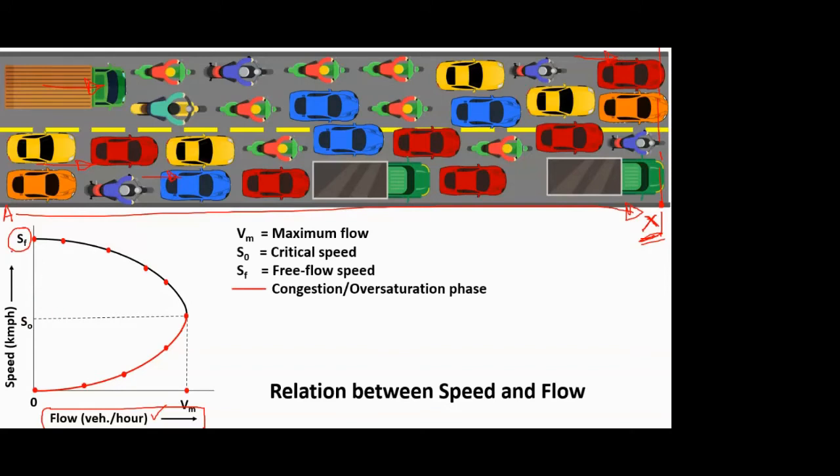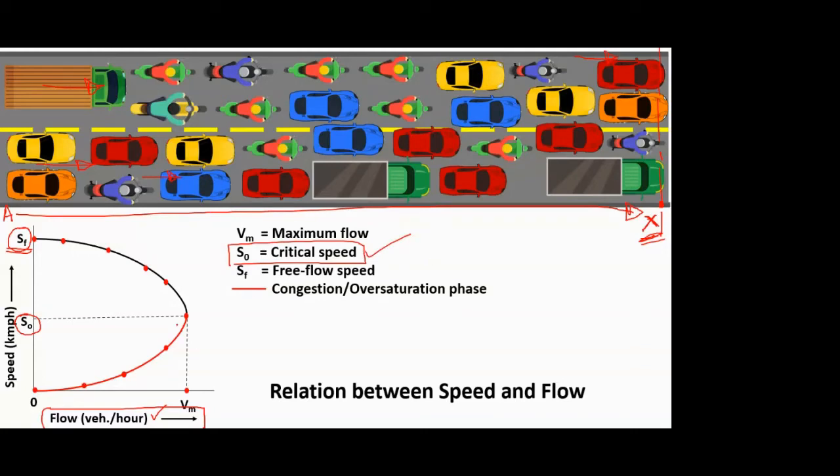Now in this SF, you all know by now that it's the free flow speed when there is almost zero flow or zero vehicles on your road. So at that time, any driver can travel at his or her own desirable speed, and that is the free flow speed, which is the maximum. And as the speed goes on decreasing, we reach a point S0, where the speed reaches the critical value, or S0 is the critical speed.